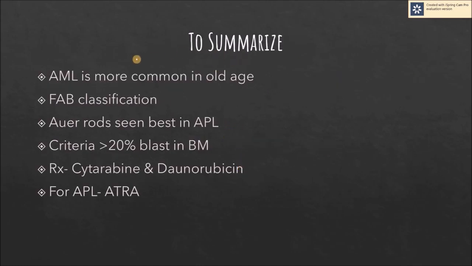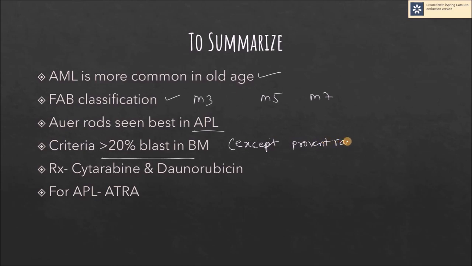So to summarize, AML is more common in old age. In the FAB classification, we should remember M3, M5, M7. Auer rods are best seen in acute promyelocytic leukemia. The criteria is 20% blasts, except for proven translocations. The treatment is cytarabine and daunorubicin. For APL we use